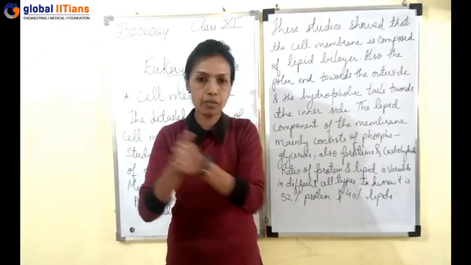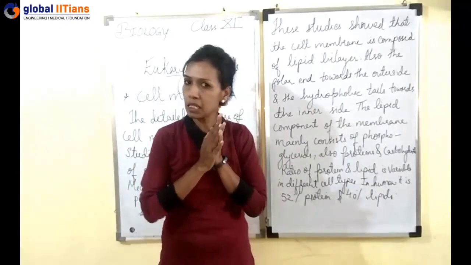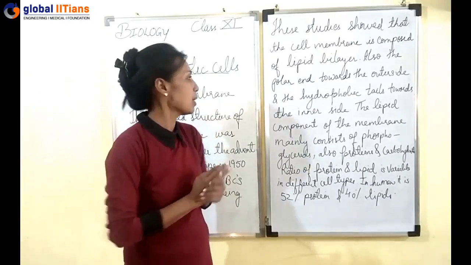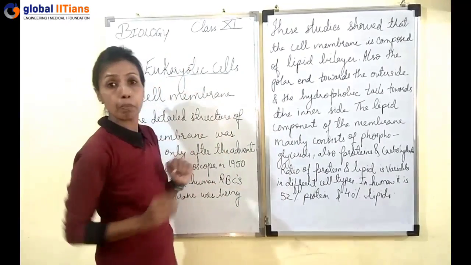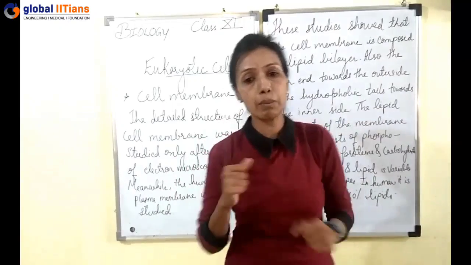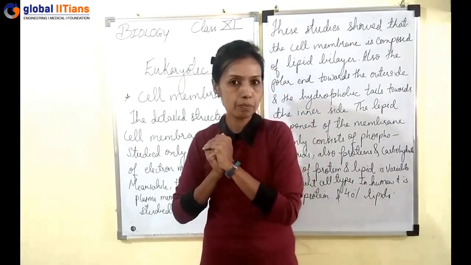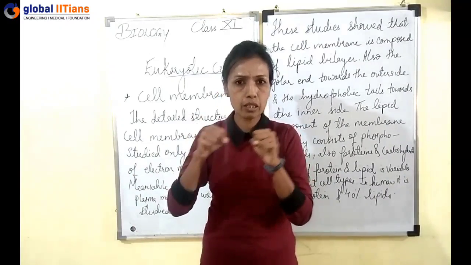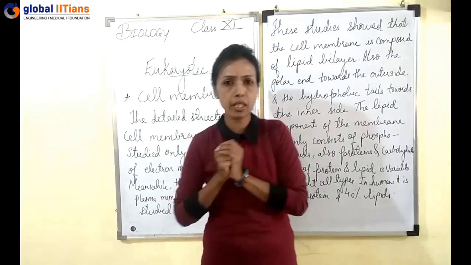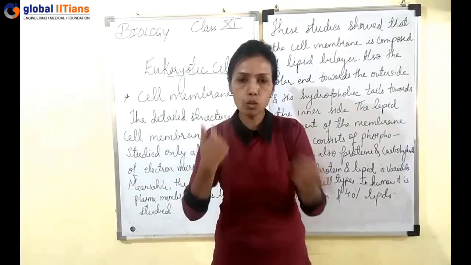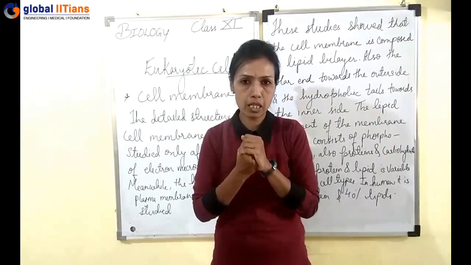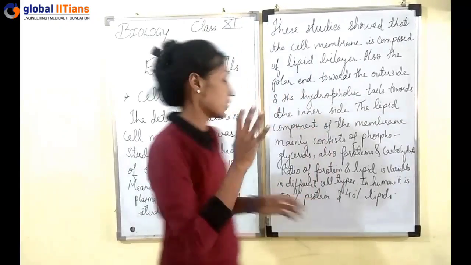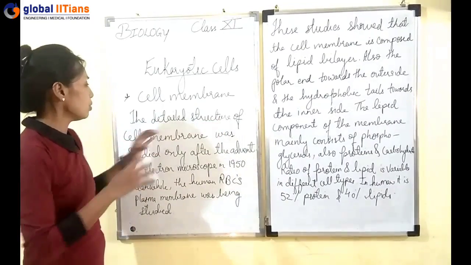To begin with eukaryotic cells, the very first thing we are going to study is the cell membrane, or the plasma membrane. Cell wall is present only in plant cells, which we'll also study. But to talk about the cell membrane, we know it is selectively permeable. That means it is very selective in choosing useful content. The incoming and outgoing substances from the cell material, or cytoplasm, are under the check of the cell membrane. It is really selectively permeable.